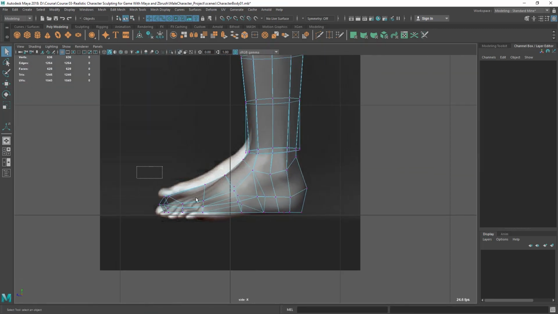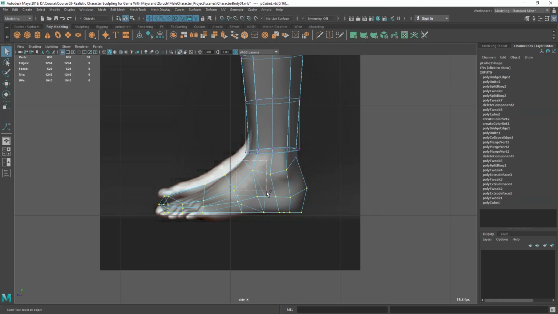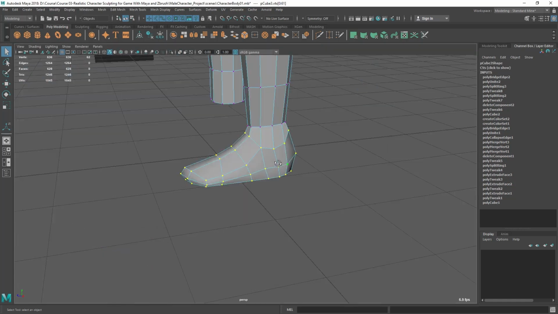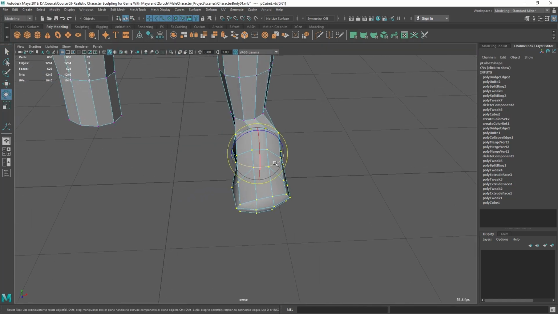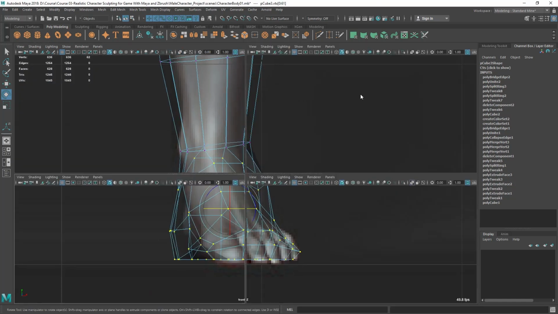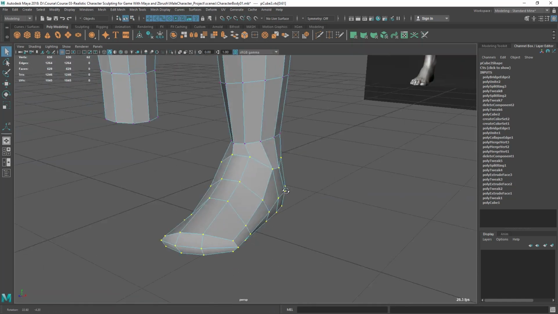So let's select all this feet area vertex here. So just add all this vertex, and I'm going to rotate it a little bit. You can see the angle there. Okay,